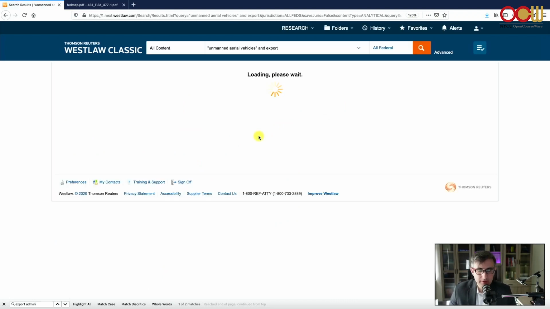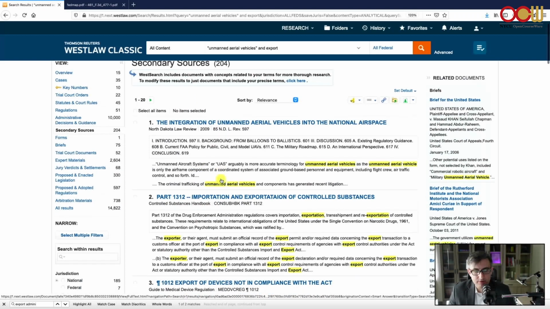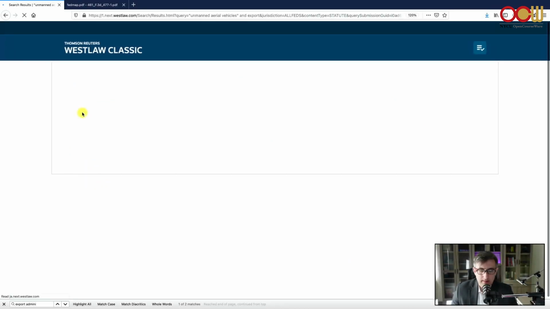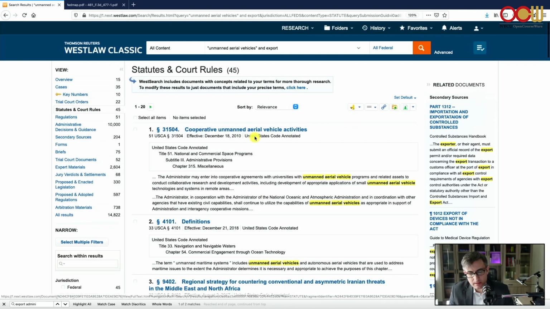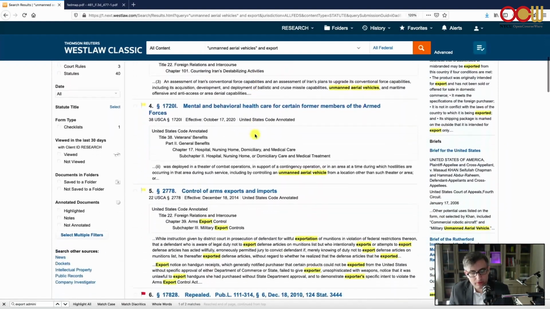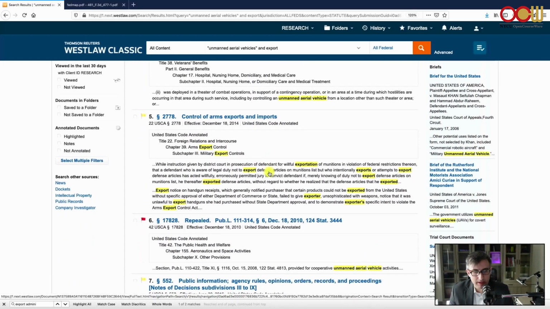We'll see what we have. So again, we have our first page here, and along the side, we'll have statutes and court rules. And if we click in there, you'll see the sections that relate to the export of unmanned aerial vehicles.